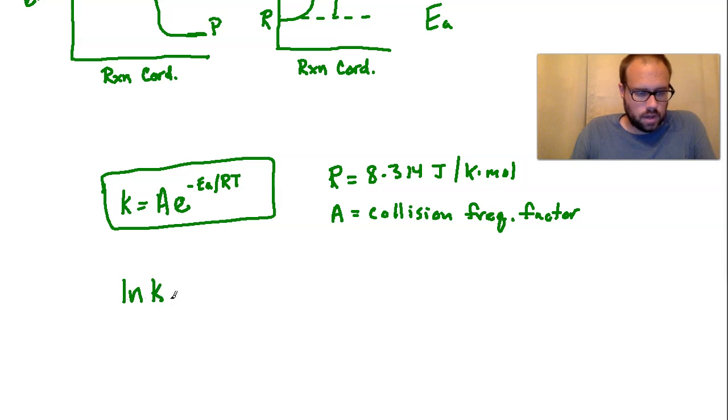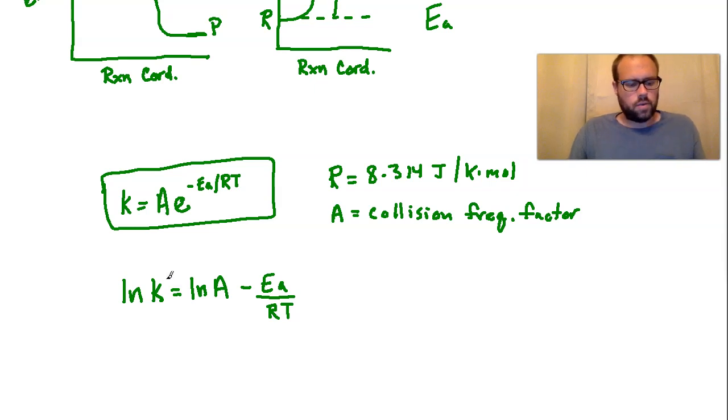So take the natural log of the rate constant and set that equal to the natural log of the collision frequency minus the energy of activation over RT. So this has become simpler. And in a case like this, we can also rearrange it or sort of separate it out even further